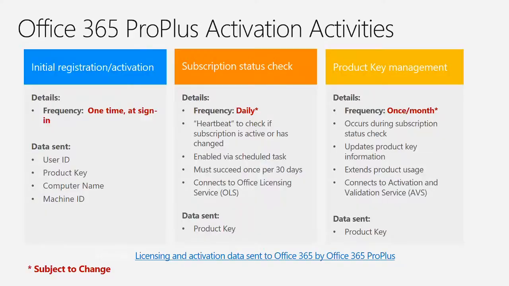So let's turn a little bit to what's required from an activation. It is a cloud service, so there are components where the client has to be able to reach the internet. So what we try to do is outline the major areas when I install or use Pro Plus, the times that I actually need internet connectivity.